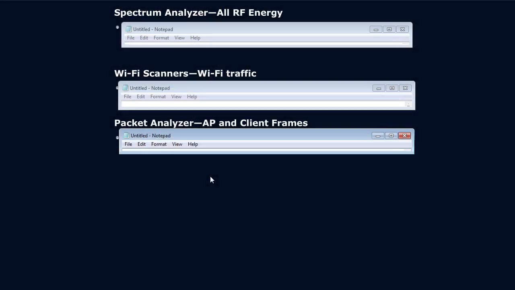All right, let's start our next exercise. In this exercise, I would like you to write down each tool for the different type of tool we need. So spectrum analyzer, I want you to give me the known tool that we discussed in the lesson. Our Wi-Fi scanners for Wi-Fi traffic, I want you to write down the known tool that we use for that. And the packet analyzer for AP and client frames, I want you to write down the known tools that we